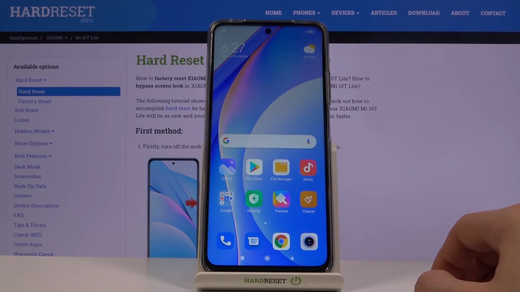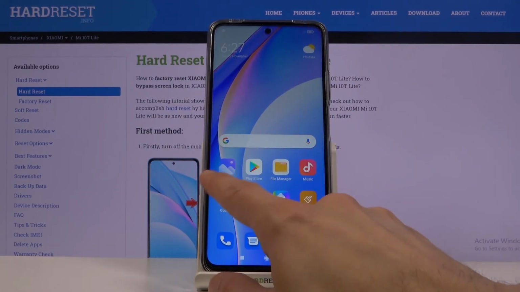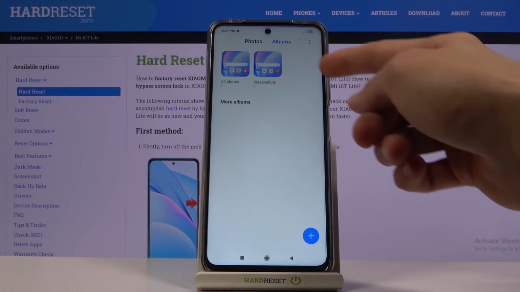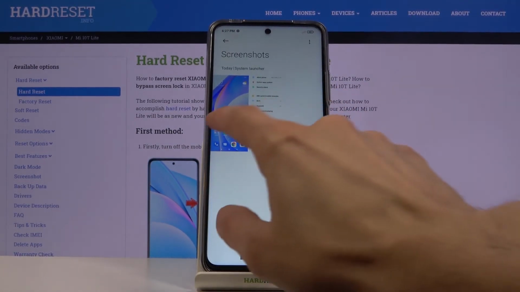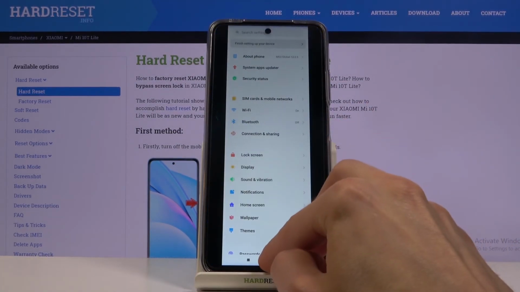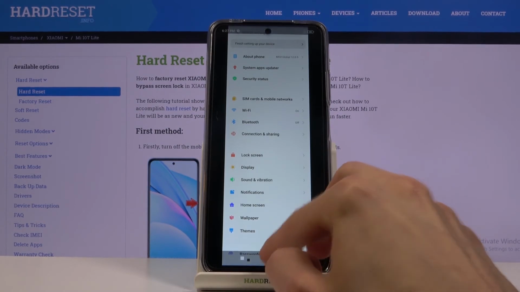Now whichever way you go about it, the photos that you capture will always be saved into your photo gallery under albums and screenshots. And there we go. As you can see, there is one and then there is two. So that is how you would capture a